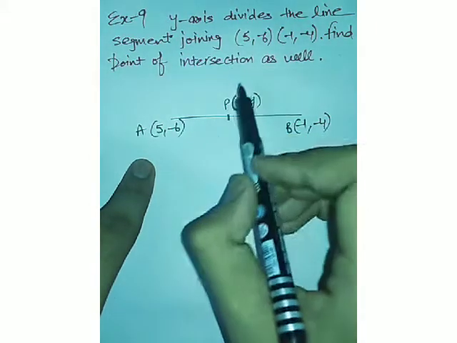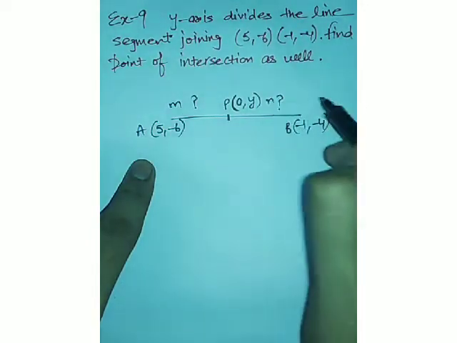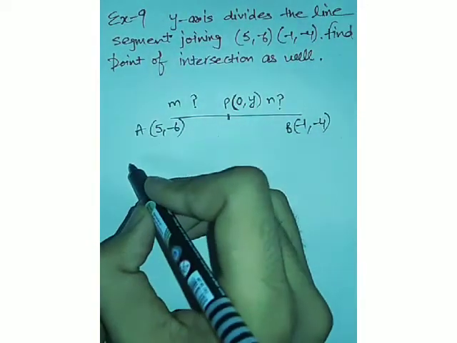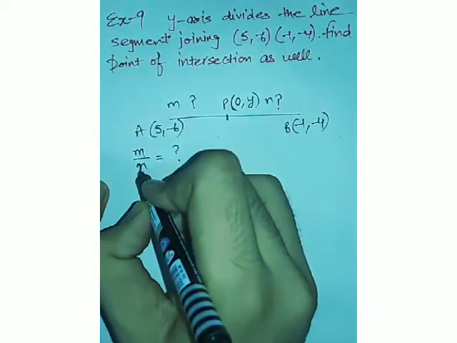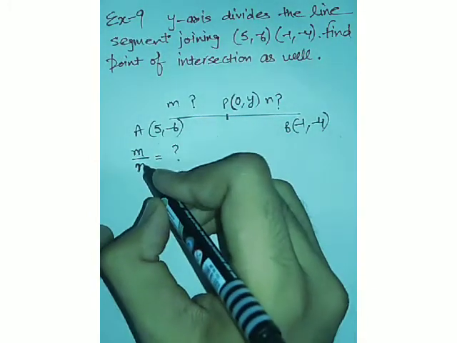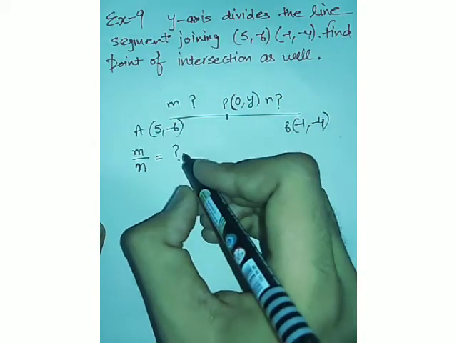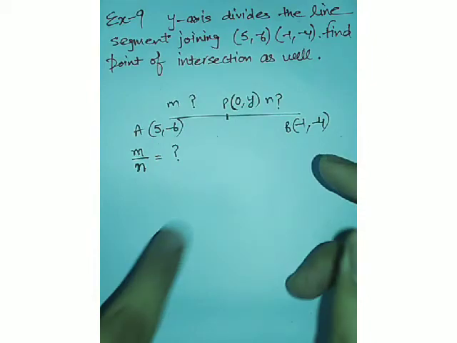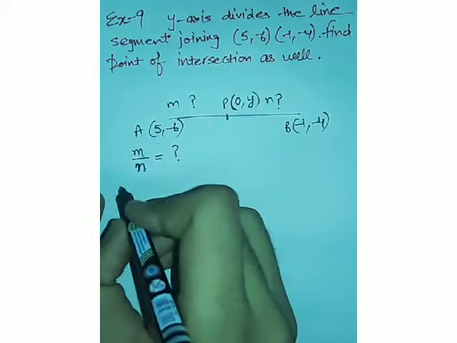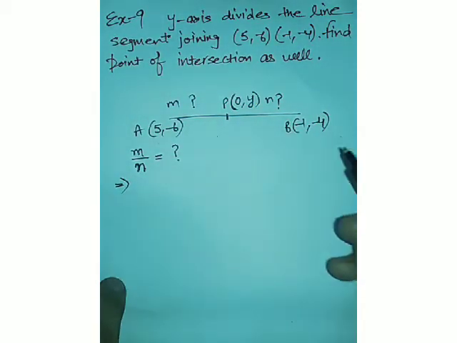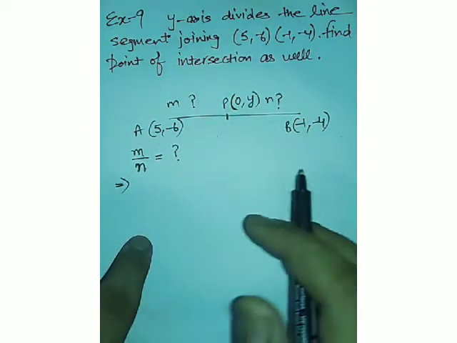Alright, firstly we have to find the ratio. We don't know m and we don't know n, so we have done another example of ratio as well. In that example we found m upon n, so we also have to find the same. In your book they have taken k ratio 1 and they have used another concept but got the answer. We will be doing only a single concept and sticking to only one concept so that it will be clear for you and easier. Now we will do our sum as in the previous example, in which we found m upon n, and don't consider k ratio 1 or any other figure like that.